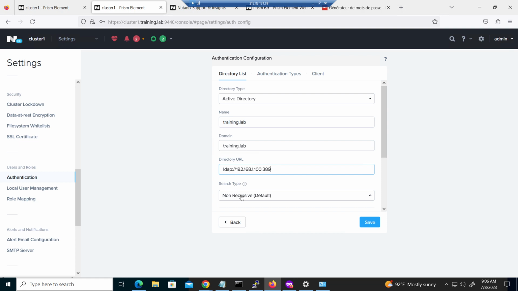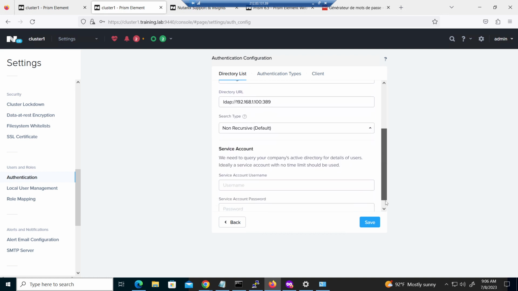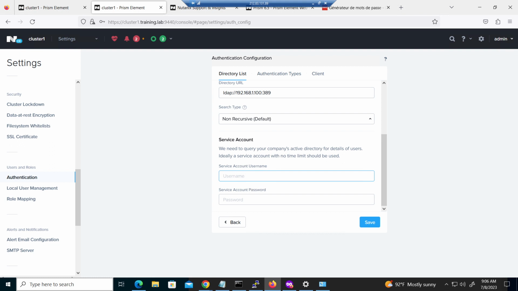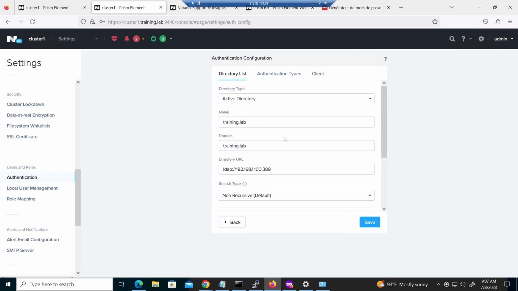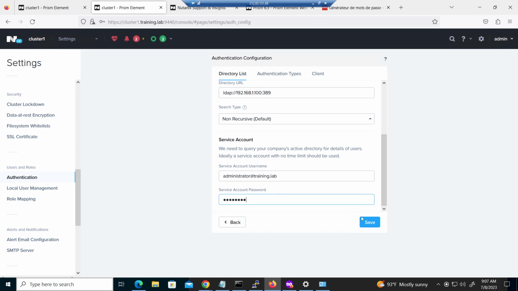So it will ask me, I will leave this one, not change it, but after it asks me for the name. So I'm going to put my admin. This is not good at all, but it's just for our demonstration. Never put admin. All the time put another LDAP user. But it's just for our demonstration, so no problem. Okay, so I think all is okay. Training.lab, okay, that's good. Let's do a save, and